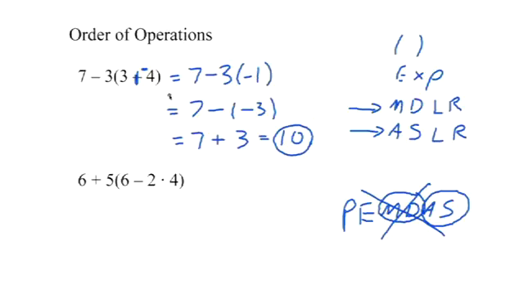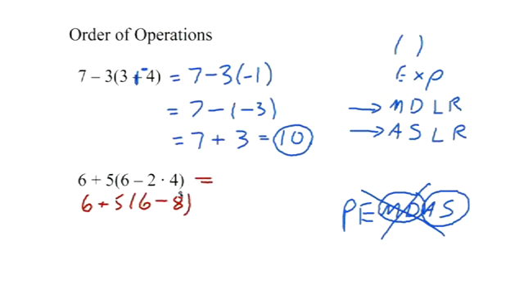All right, let's look at one that's a little bit longer. Here, we start inside the parentheses, and inside the parentheses there are two different operations here. There's multiplication and there's subtraction. Again, we always do multiplication before we do any addition and subtraction. So I'm going to do this the long way and copy everything else down. First, I just do the multiplication. 2 times 4 is 8.